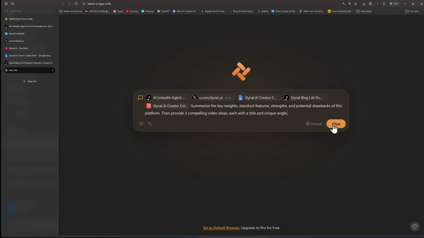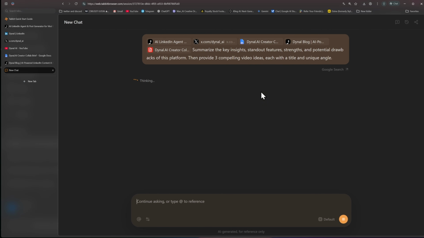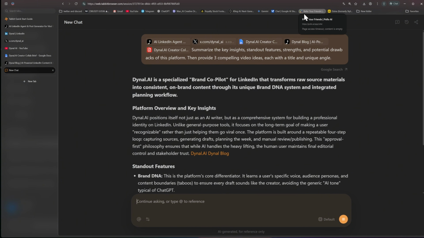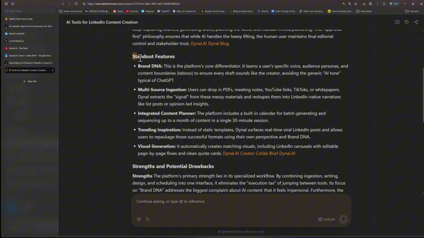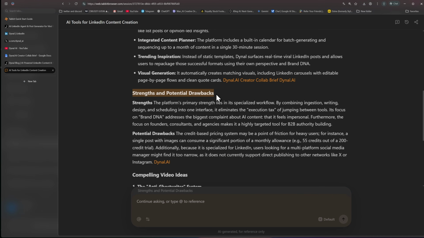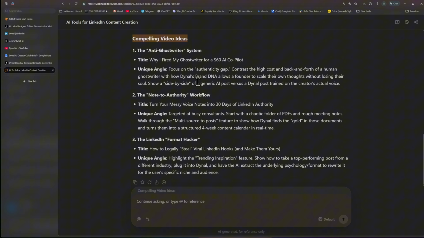Now comes the interesting part. The moment I hit send, Tabbit begins analyzing everything I've provided, not just a single web page, but all of the tabs, documents, and resources I've added to the conversation. Instead of reading through dozens of pages myself and trying to connect the dots, the AI does the heavy lifting for me. It pulls information from multiple sources, identifies patterns, extracts the most important insights, and organizes everything into a